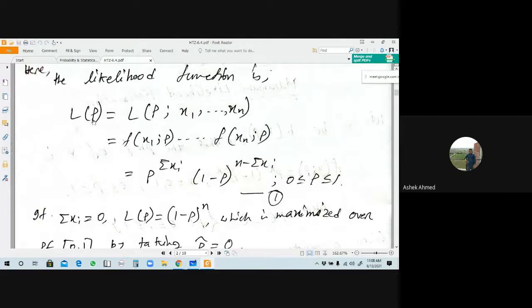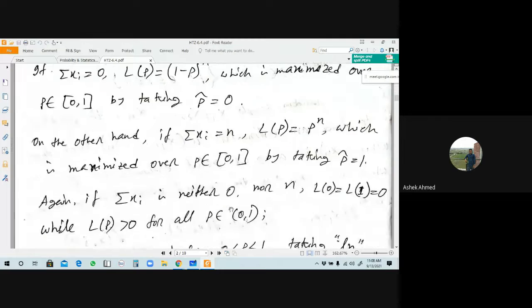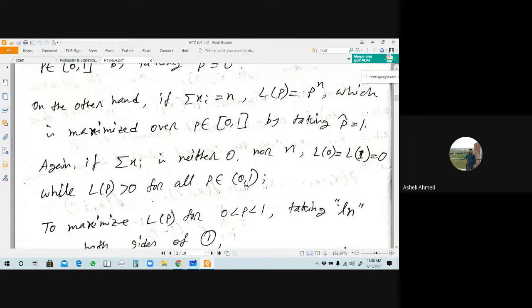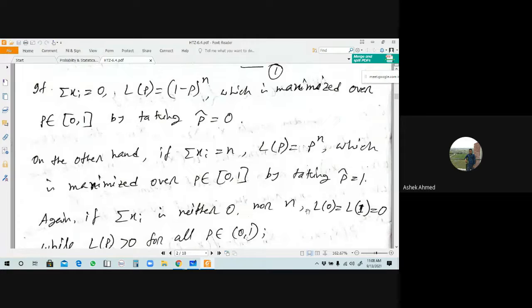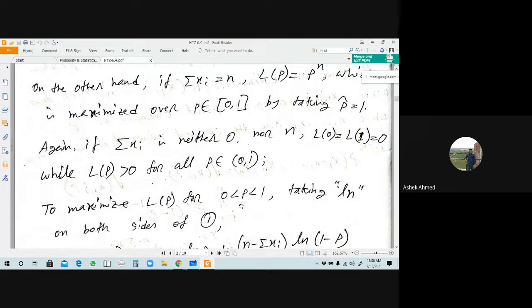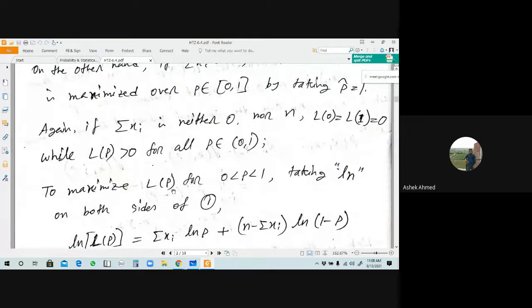L of p, we have to find out the values of L of p which is greater than 0 for all p belongs to the open interval 0 comma 1. If 0 and 1 are put as input, then L of 0 is 0, and L of 1 is also 0. For this reason they were excluded and the open interval is written. So to maximize L of p for 0 up to 1,